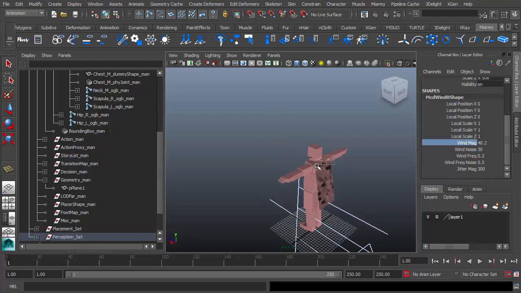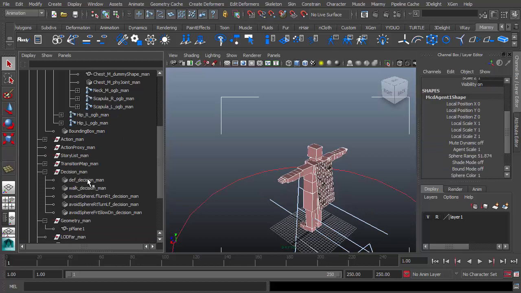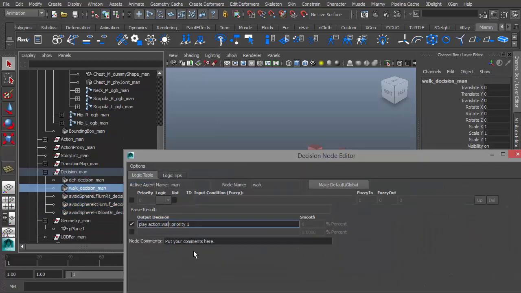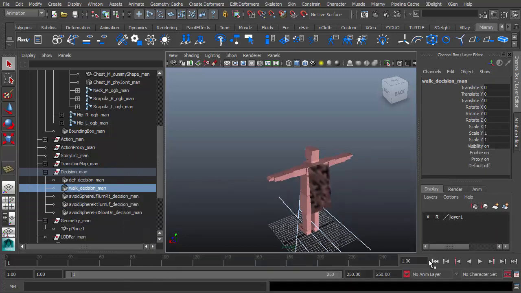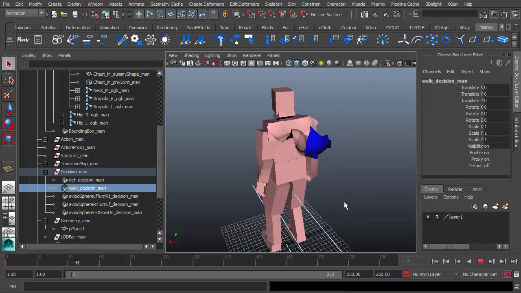Let's make the agent stop. Here, default stand, and just switch that from walk to stand. Okay, and let's just test the wind. So this is very useful for simulating something like flags in your scene. Okay, you can see that this wind is working,